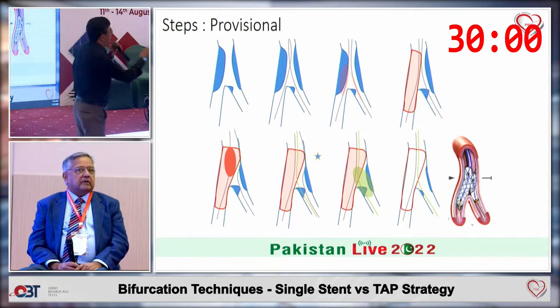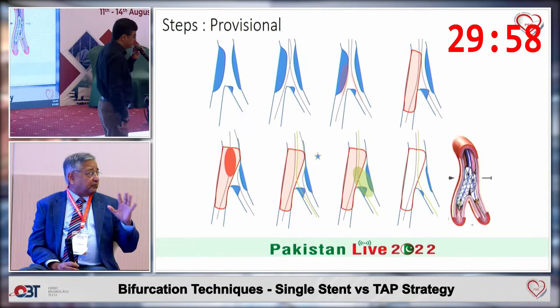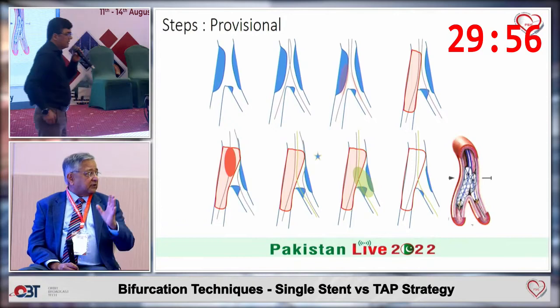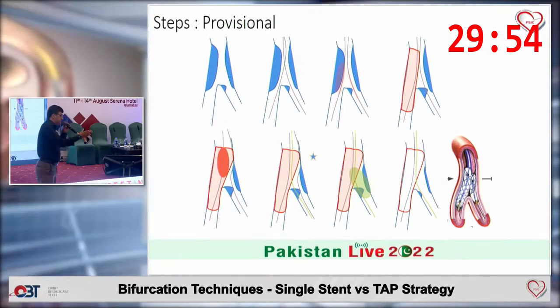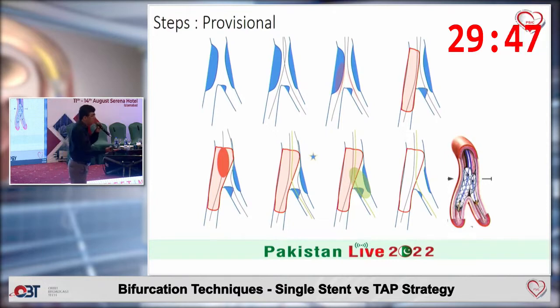He's talking about pre-dilating the side branch. I prefer not to do pre-dilatation. Most of us will not pre-dilate. If you're going with a provisional strategy, it's better not to pre-dilate. If you're committed to a two-stent strategy, and obviously you're committed to putting in two stents, you have to pre-dilate. But if you're going with a planned provisional strategy, it's better just to keep a wire in, but not to